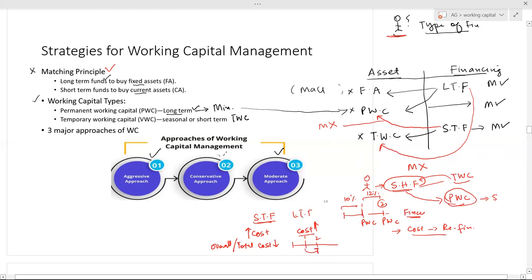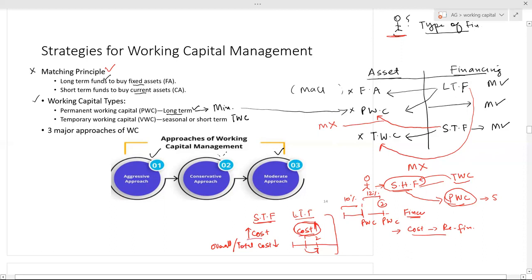So though the cost of borrowing of long-term financing is lower than short-term financing, you also pay the cost for those periods where you are not actually using the loan, right? But with short-term funds, every year the cost is higher, but you are skipping those years where you are not using